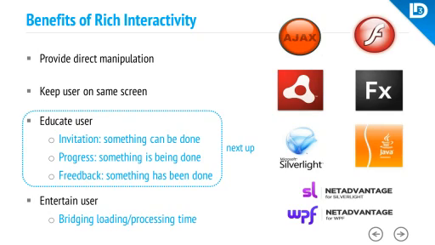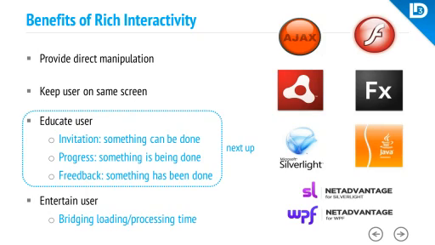We all know those systems where you trigger something that takes a while, maybe some hardcore processing or some loading, and you have no feedback as to whether it actually took my input, whether it is actually doing something already, or whether this thing has crashed and stalled. Showing progress means show that something is being done, and this is also a kind of feedback, which is the third bullet here. Feedback meaning something has been done.